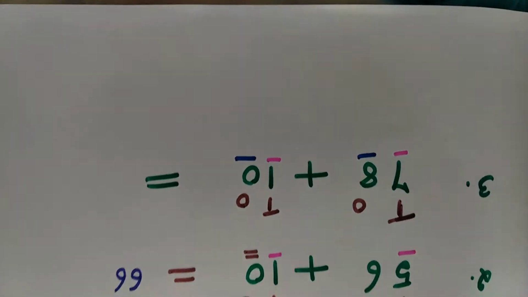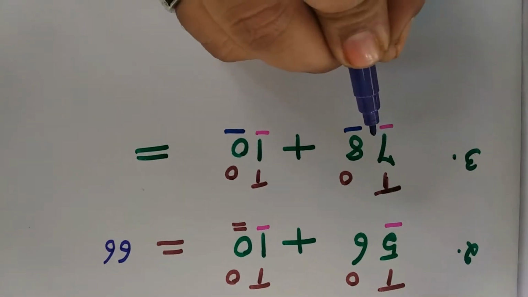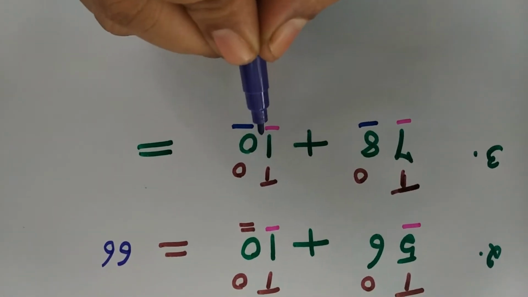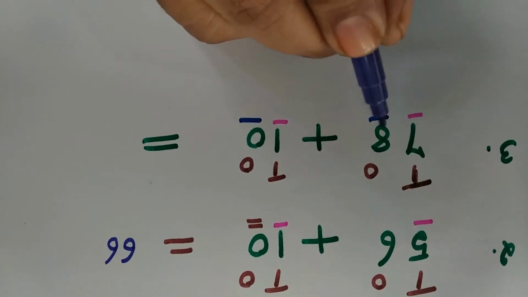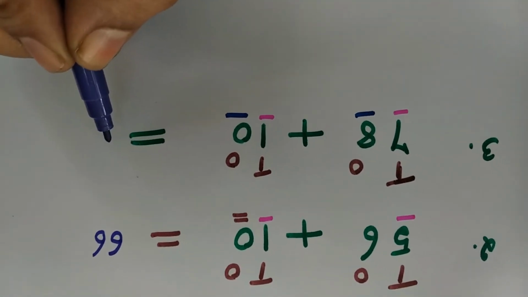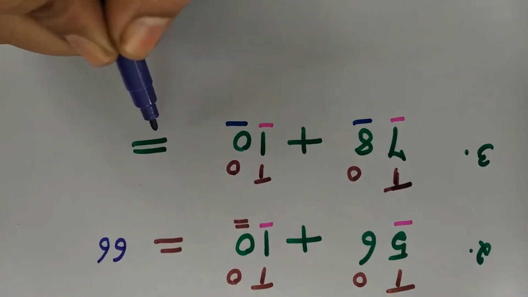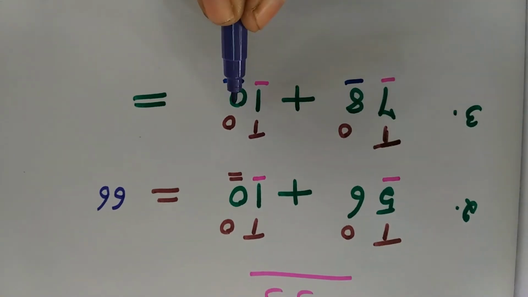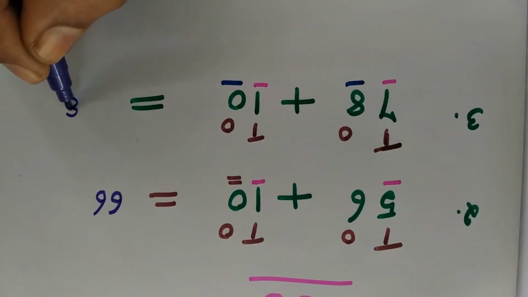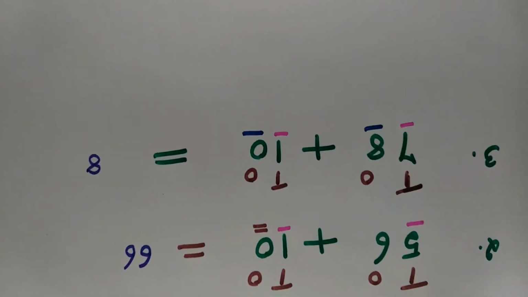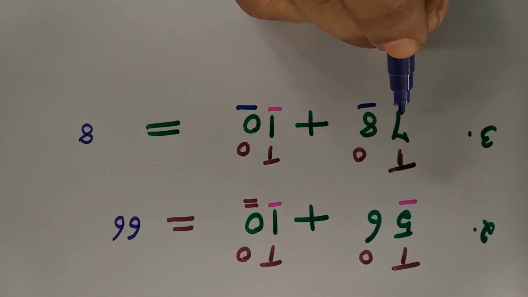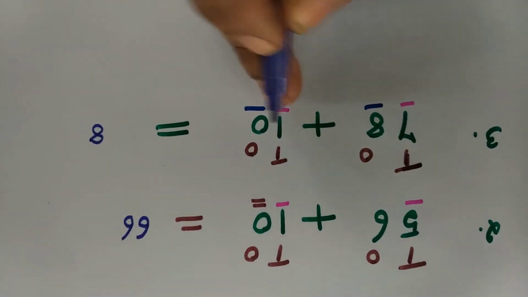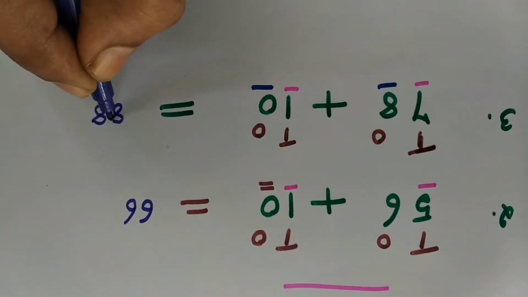Okay. Now see the next sum, children. See the third sum, 78 I have given. Okay, 78 plus 10. You want to add the number 10 with the number 78. What is the answer? Can you guess and tell me? First you want to add the ones place. Yes. So 8 plus 0, 8. Yes, very good. So the same number 8 we will be getting. And now tens place you want to add. So here we have 7 tens and here we have 1 tens. So you want to add these two. So 7 plus 1, 8. So what is the answer we got?